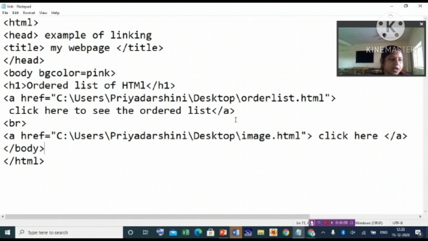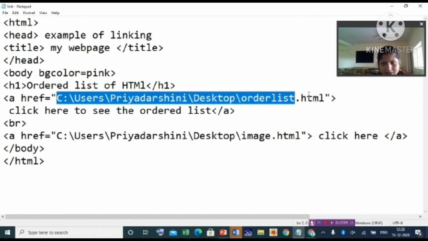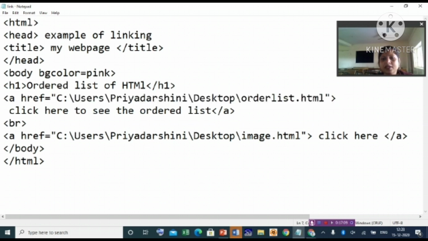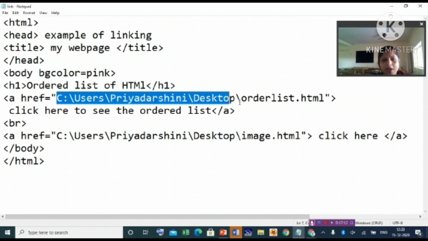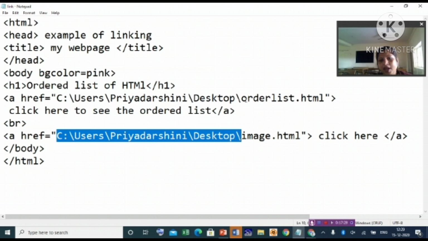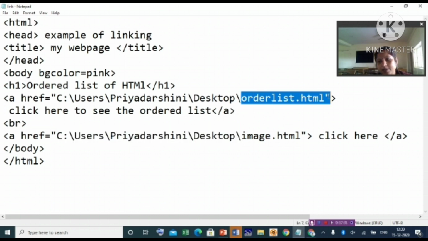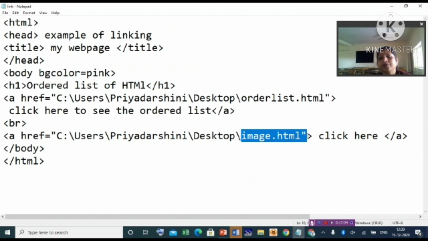Okay, not an internal link. And it is telling URLs are of two types. This is your URL actually. URL, Uniform Resource Locator, means where the file is present. Okay, and suppose the location is the same and only by changing the file name the link changes, then it is your absolute URL. Up to here it's the same, and only this is different. The file name is different. Here also, here also. So this is your absolute URL.